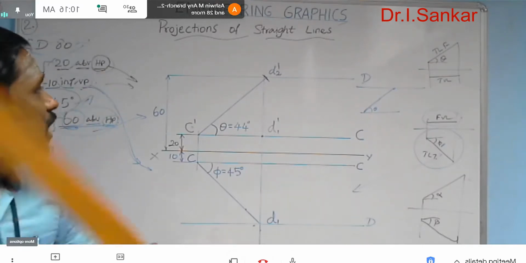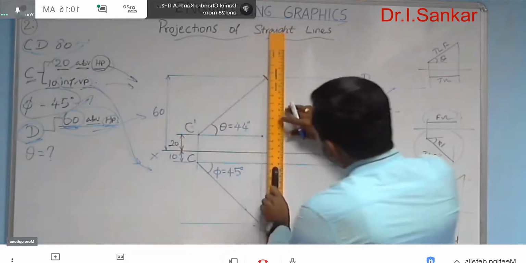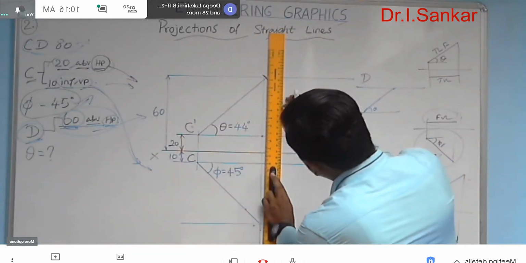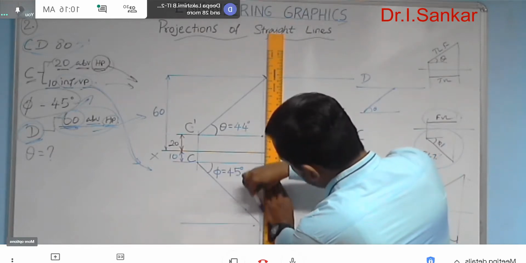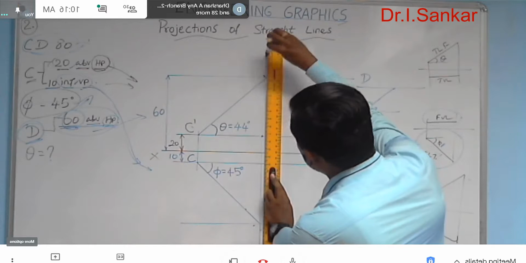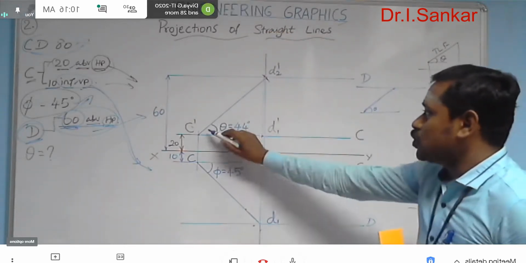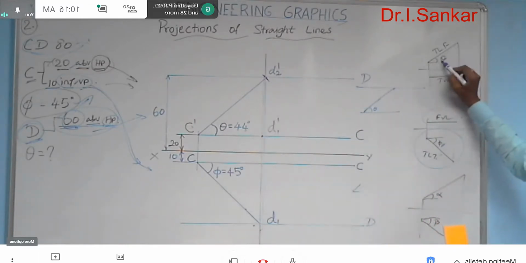Immediately after marking D2 dash, you can draw its projector. And this is your true length in front view, with theta inclination.